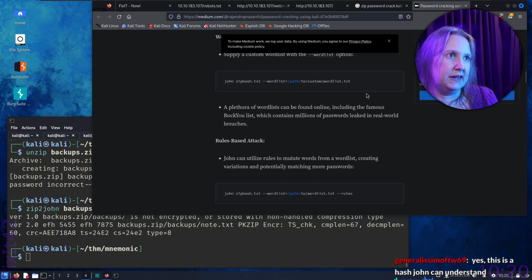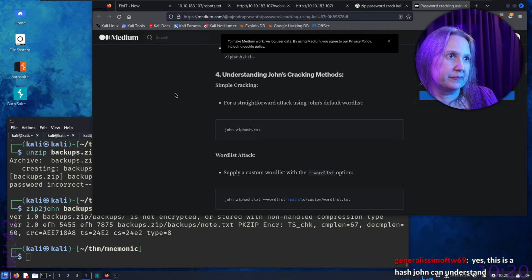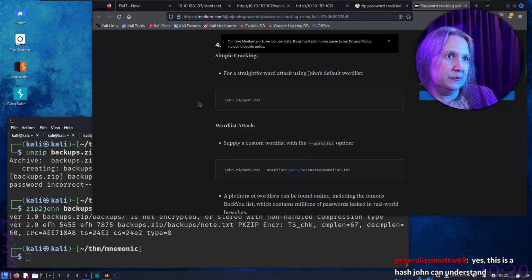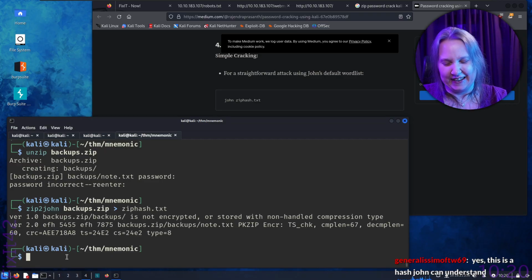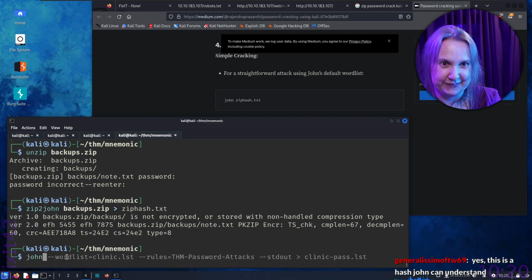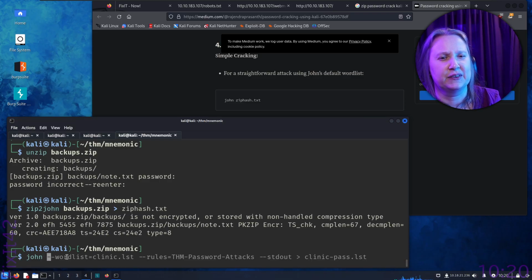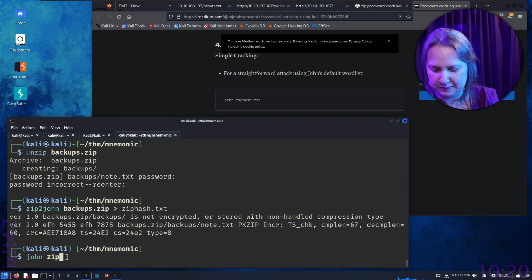Or if we want to say a word list, let's try the default word list and see if it works. And since this is a box, I would guess it does. We'll see. Oh, that was with a special one. They made stuff complicated. By the way, the zip2john did look in the current directory, which is nice.